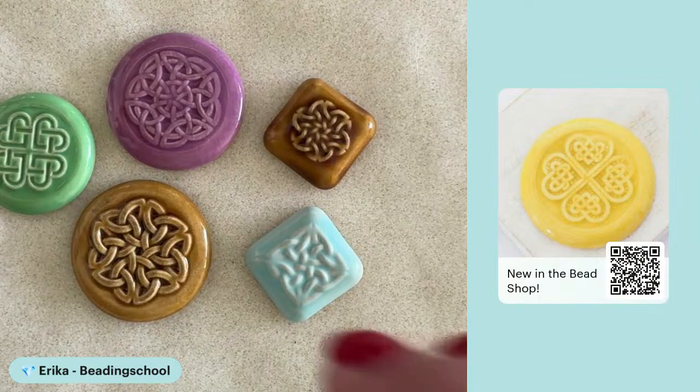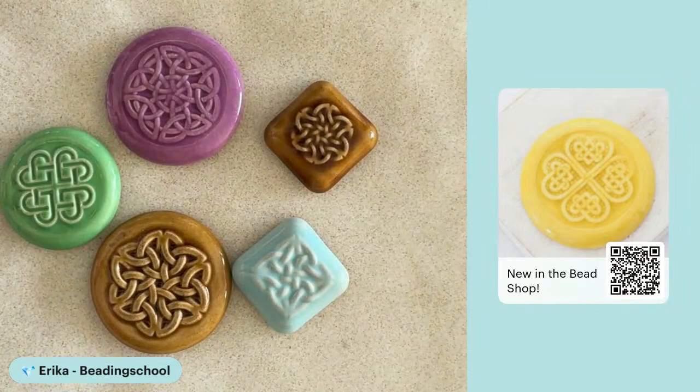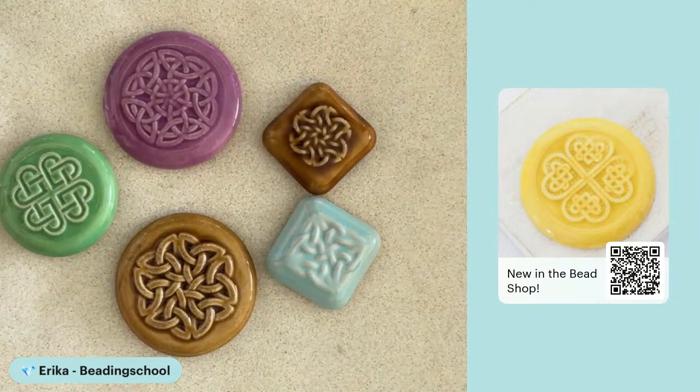I actually managed to find a way of switching between my face camera and my hand camera in an easier way. I have a new setup. I always need to show you a video or something while I do it, but otherwise I think I figured it out finally. And here on my bead mat, I can show you some of the cabochons from the